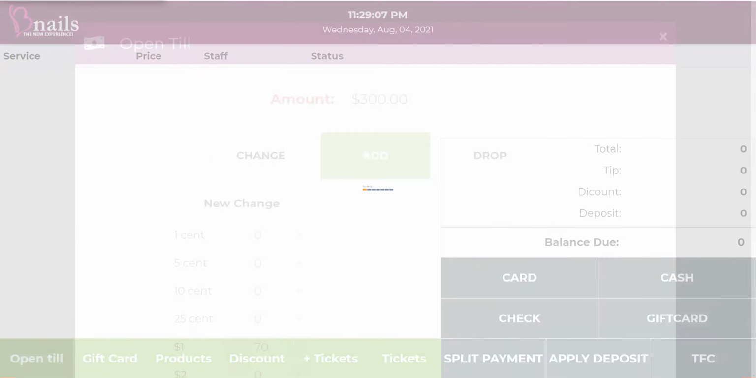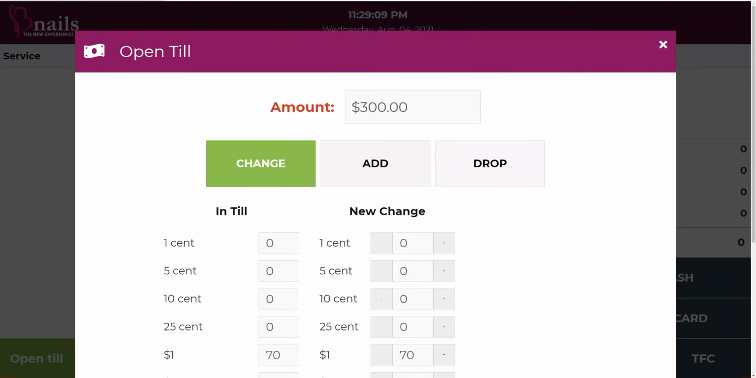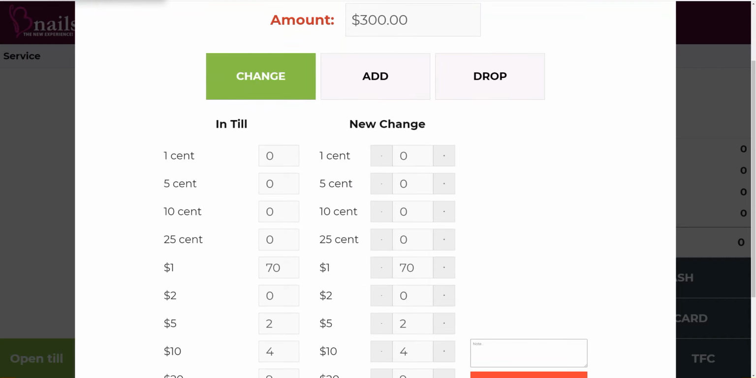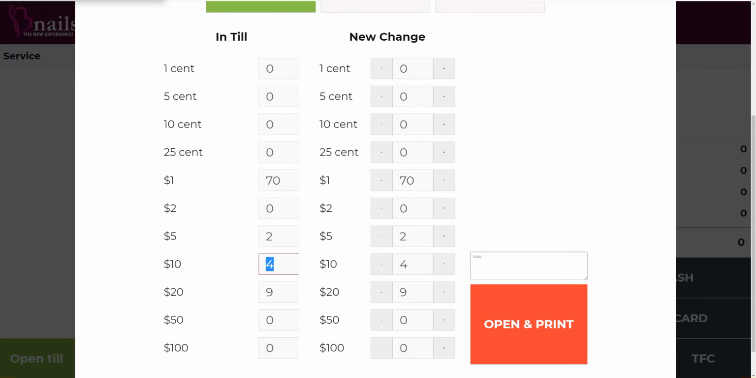We keep track of our money by the number of bills. In drawer we have right now is 70 of $1. We have 2 bills of $5. We have 4 bills of $10, and we have 9 of $20. So always make sure the total of bills that we have for each